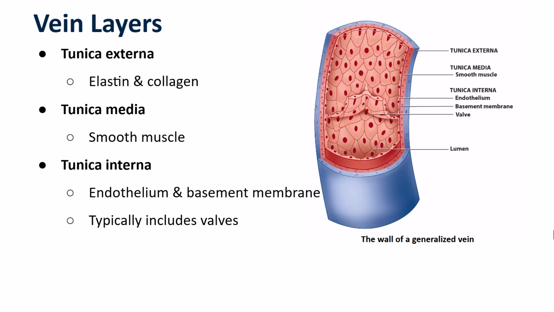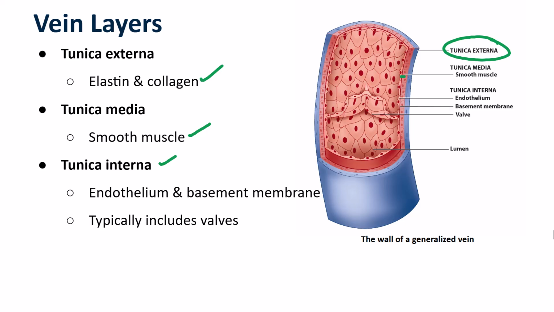Let's start with the tunica externa because it is, well, exactly the same. It consists of elastin and collagen. It isn't any particularly different. The tunica media, however, lacks the elastic lamina, and while it does have some smooth muscle, it is a very narrow band. The tunica interna is also quite different in that it lacks the elastic lamina. It does have